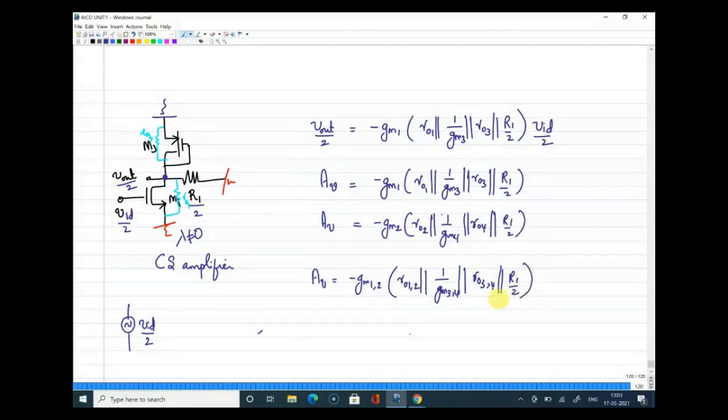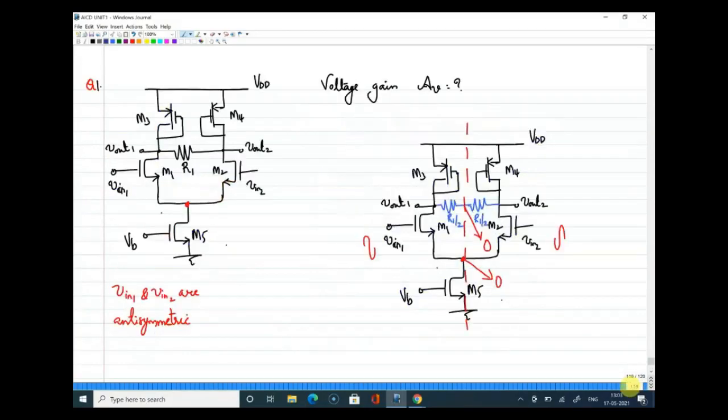This is how we generally represent the voltage gain of such a circuit. So when you solve the question, this should be clearly shown. Before considering the half circuit, you should explain, or pictorially show, how you are reducing that to the half circuit, and which points should be treated as 0. All right. So if you have any questions here, please do ask, because we'll solve a slightly tricky question soon after this.